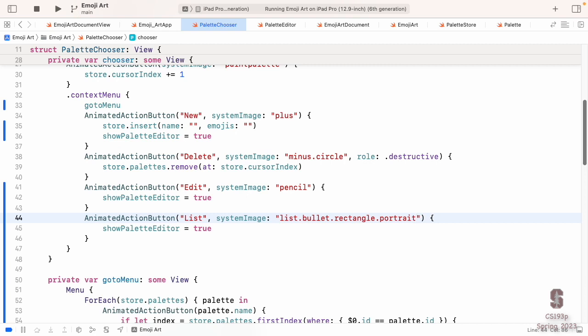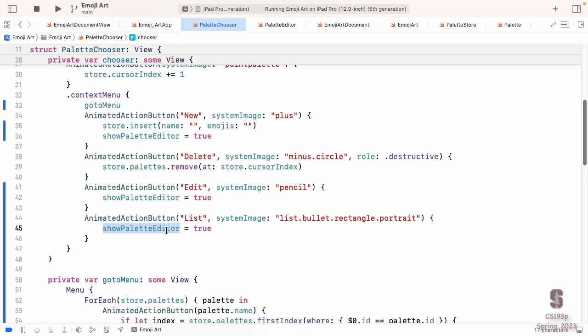But I will say that probably there are images you're supposed to use for some of these features. Like new, you're probably always supposed to use a plus, I would say. Maybe I should be better and actually go look, is pencil really what I should use for edit? I think it is. Apple's user interface guide, you should really check that out. It'll help you with things like this. But anyway, I thought this one looked like a list of palettes, so I chose it.